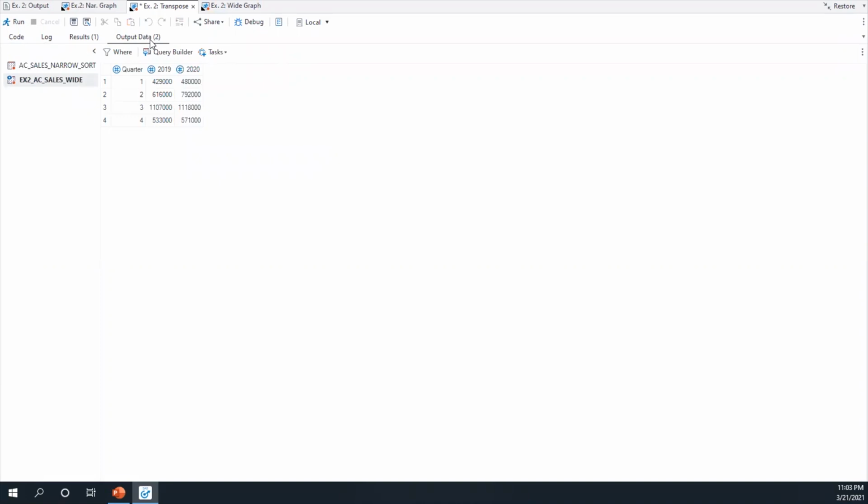But now there's nothing here telling me what I'm looking at when it comes to the measures. I'd like something that indicates these are profits. So maybe I'll change my columns up here. Instead of just having 2019 and 2020, I'd like to have the prefix of the word profits out front.